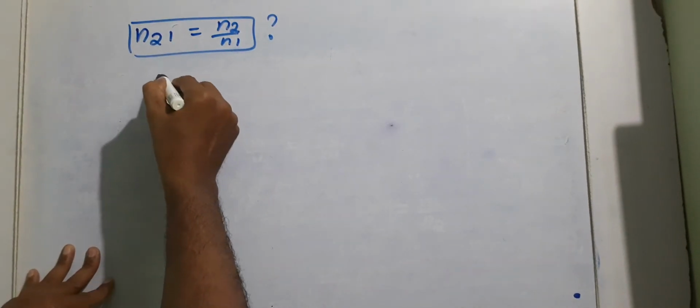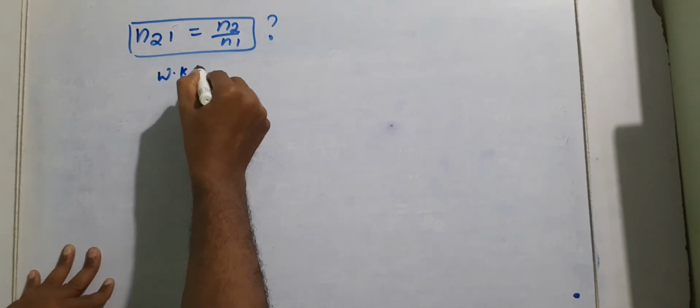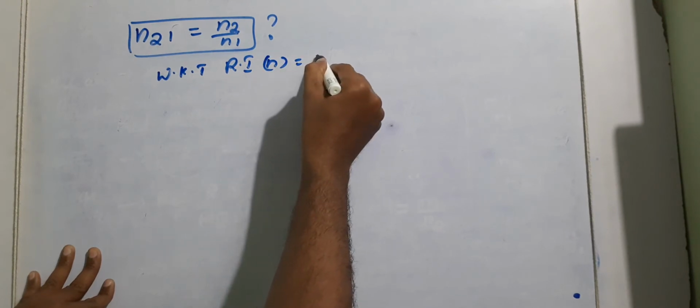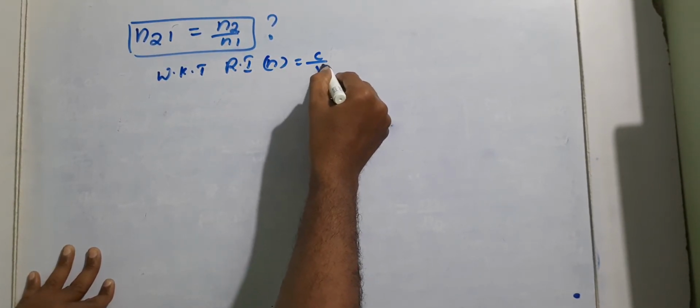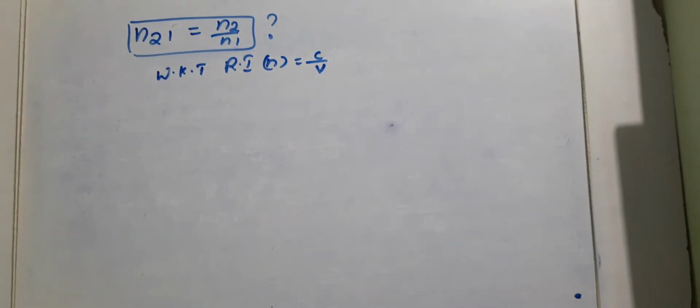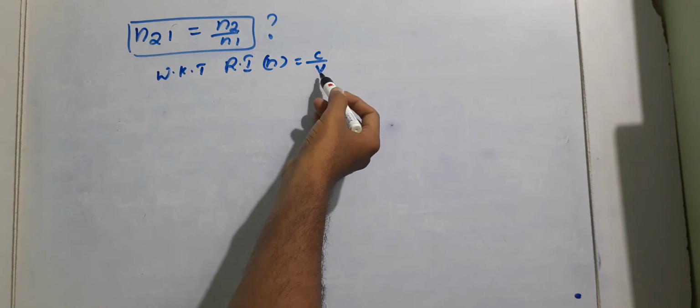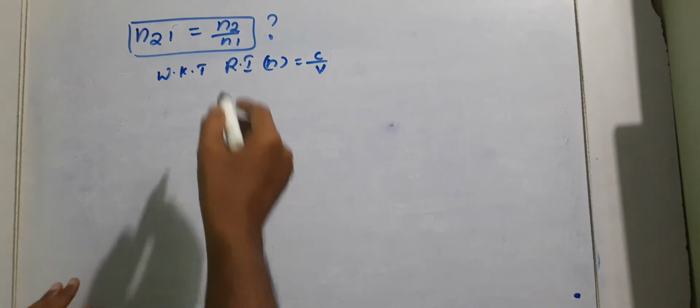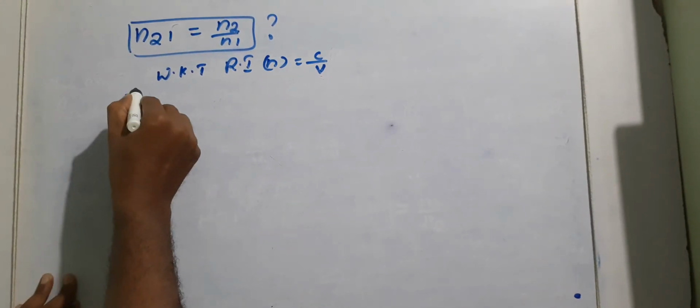So we know that refractive index n is c by v, as explained clearly in the previous videos. The refractive index n of a given medium of light is given as c by v, where c is the speed of light in vacuum and v is the speed of light in the given medium. So the ratio between the speed of light in vacuum and the speed of light in the given medium is equal to the refractive index of that medium. So n is equal to c by v.